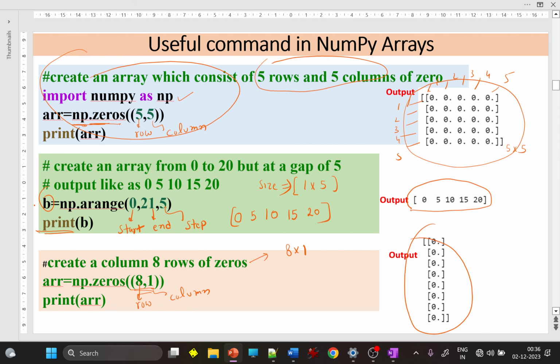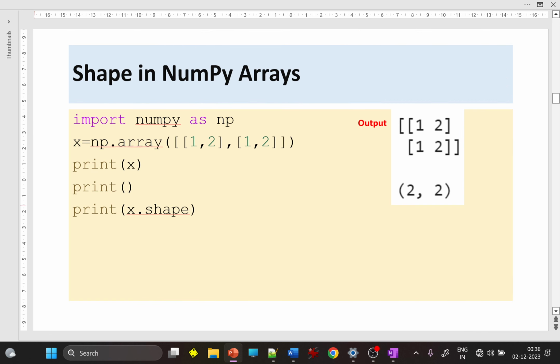Okay, so we understand the matrix printing, how to print the one-dimensional matrix and the multi-dimensional matrix, and how to define rows and columns in the matrix. Okay, some more functions in NumPy. The function is shape. In the shape function,